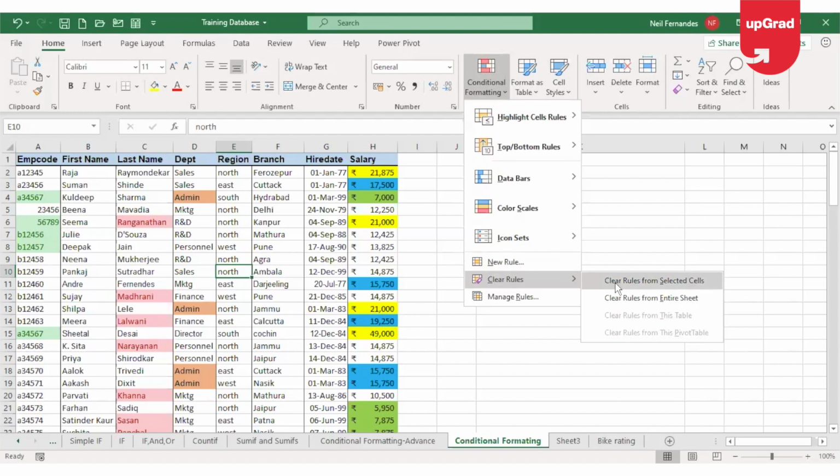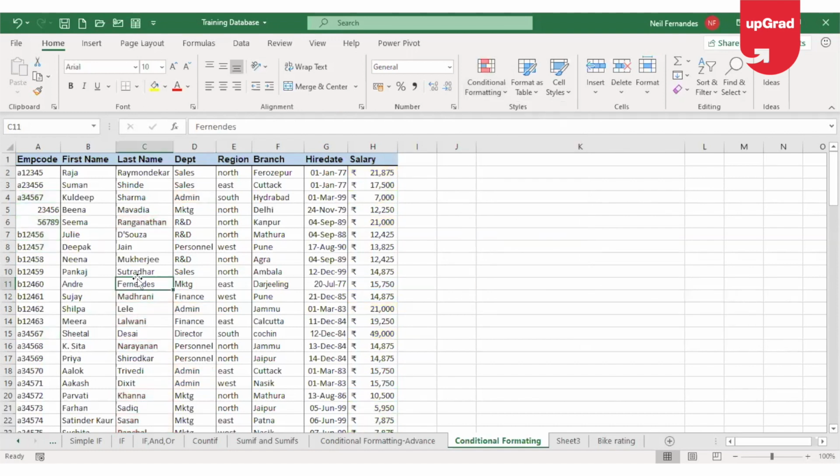One is clear rules from the selected cells. So if you want to only remove the rules from the selected cells, you can click this. Or if you want to clear the conditional formatting from the entire sheet, you can click on clear rules from the entire sheet and all the colors will go away from the entire sheet.